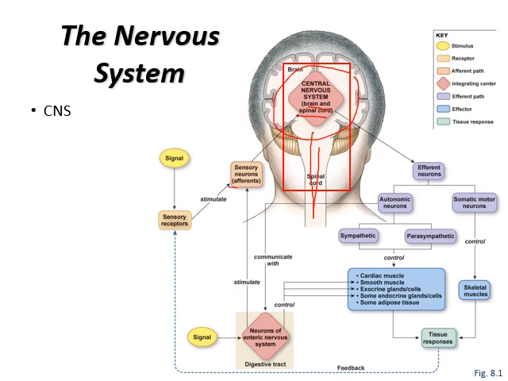We've got the sensory or the afferent, and the function of this is to bring information from the outside, the peripheral, and bring it towards or into the brain or spinal cord. So in this direction. So the afferent sensory neurons would be afferents because they're bringing information back to the brain. The efferent